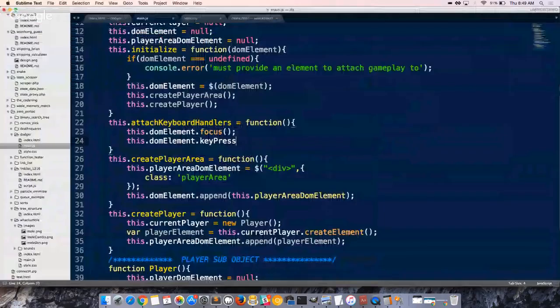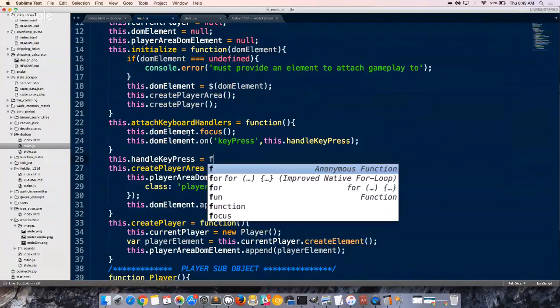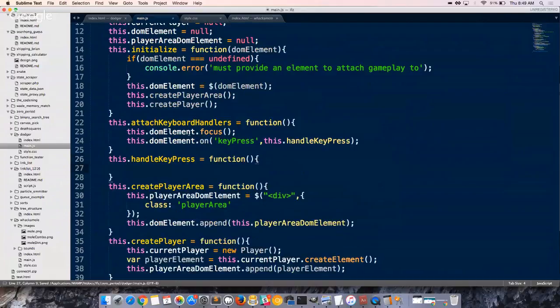I'm going to use on because that'll be a little bit more robust. Key press, function. I don't want to call function there. I want to call this dot handle key press. And then this dot handle key press is equal to a function. And inside there, I'm going to just console.log a key was pressed, and I'm going to show you the event object inside that. Now, because I'm doing it this way, we'll have that same problem as before,